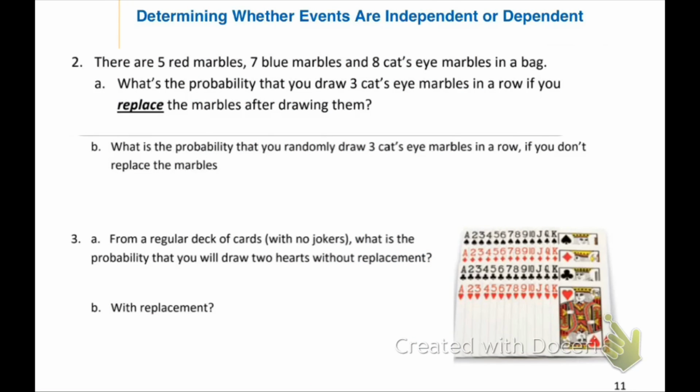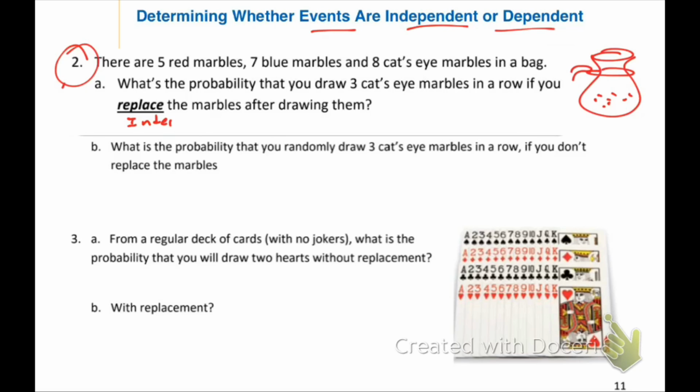Now lastly, how do we determine whether events are independent or dependent? So you have some questions where it's not stated whether they're independent or dependent. How do you figure that? Well, we already did a question before, where we had the bag of 20 marbles, and we drew 3 and then replaced them back in. So remember that replace made it independent